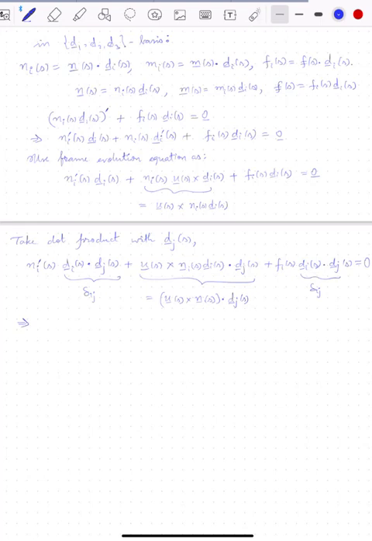So delta ij gives us n_j prime of s, plus this will give us the jth component of u vector of s cross n vector of s, the jth component of this, plus f_j of s is equal to 0. And in component form, we can just write this as